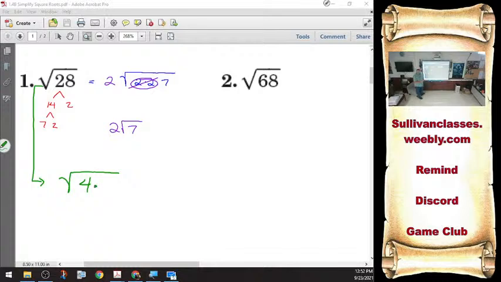The reason I do that is because I've now found the biggest perfect square that goes into 28. What is the square root of